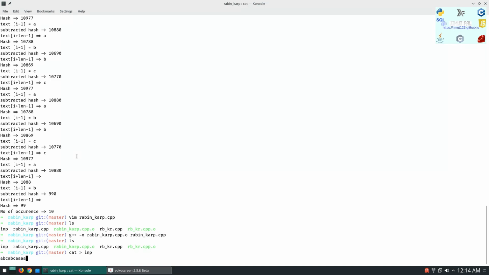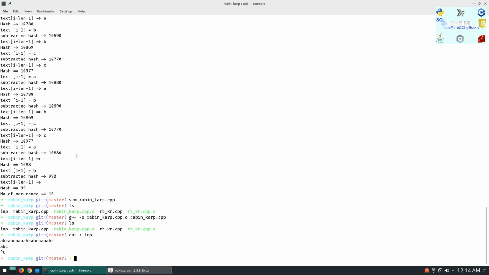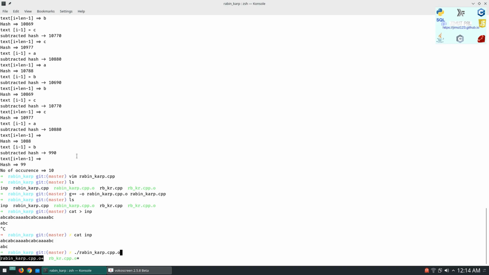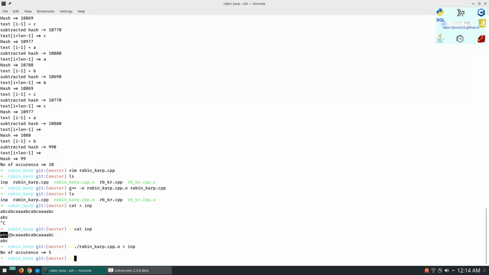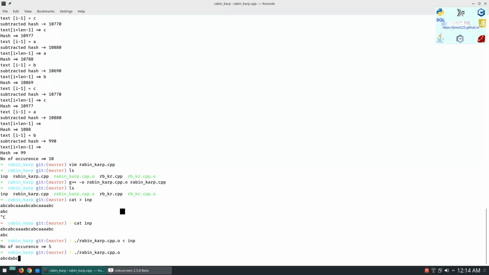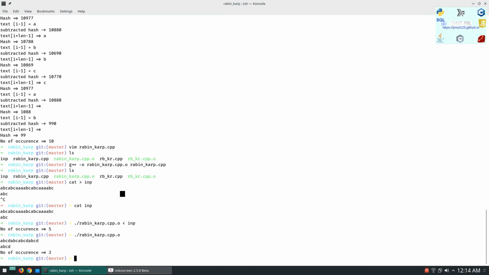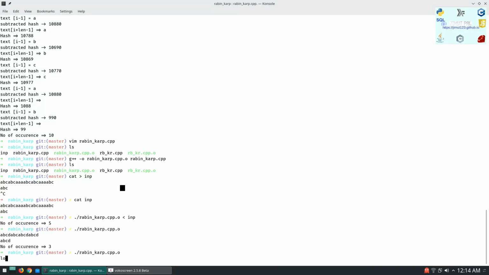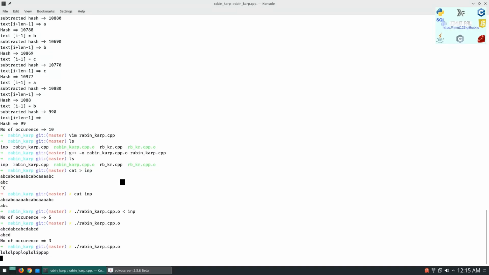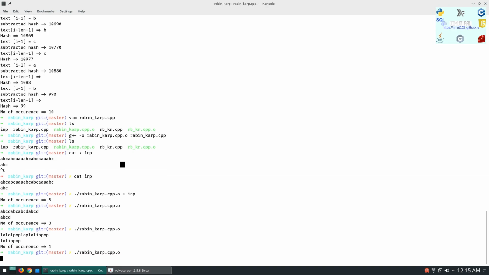So let's create an input text, and we will pass it by the redirection operator. So the number of occurrences is 5, which is correct. So we will try a few more examples. So this is another, the occurrence is 3, so this is correct. So this is it. We can try it for many more examples,